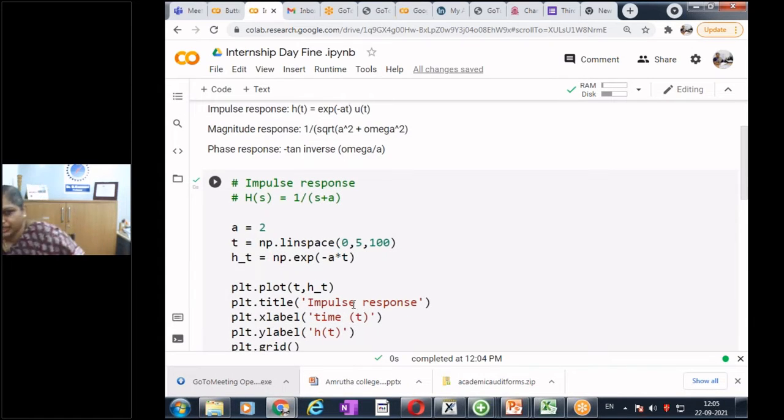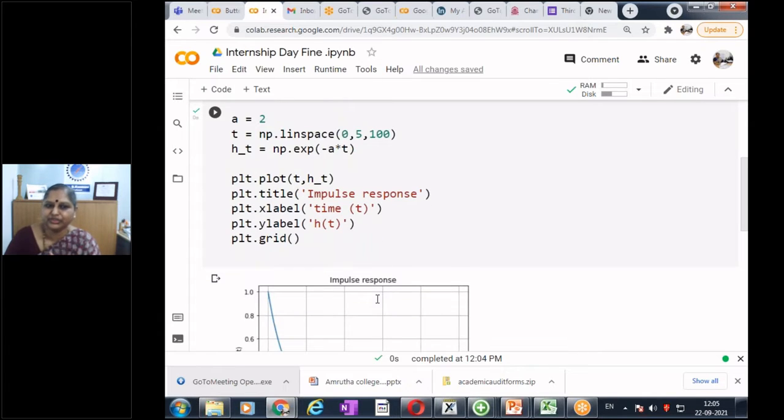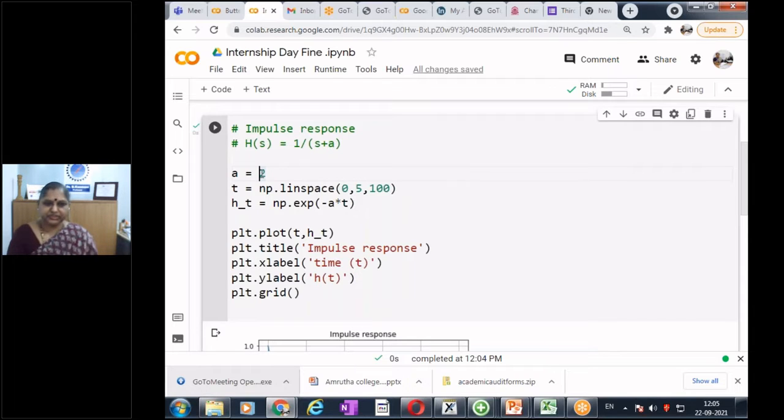So this is what we got, the impulse response. We took a transfer function, wrote the expression for the impulse response and plotted it, and from the area we know that it is stable. Now just change A to minus 2. Change A to minus 2, and then plot it and let us see what happens. Please run it for A equal to minus 2 and then tell me what you think, is the system stable or unstable.